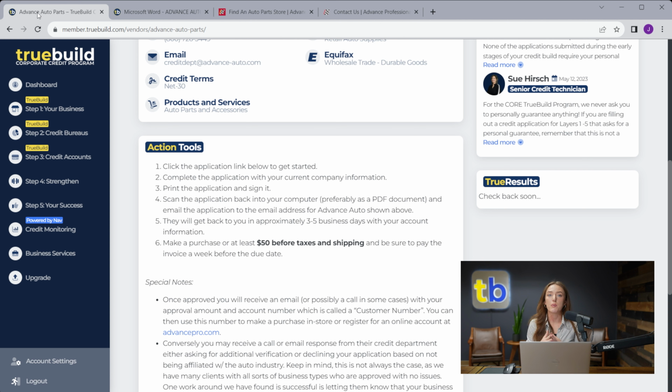That $50 minimum purchase requirement is cohesive across the board. That is typically what these accounts require to report the trade line. So make sure that you do that. And then occasionally,